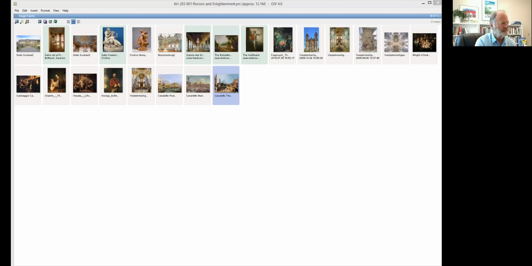And so we don't really have the stable development of style that we saw in the 17th century with the Baroque traditions in the various European states. We're going to be looking primarily at France and the Rococo style, and then the reaction to that in art that we associate with the Enlightenment toward the middle and latter part of the century. I'm going to go to some images now.